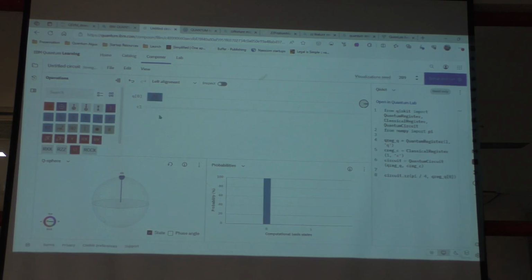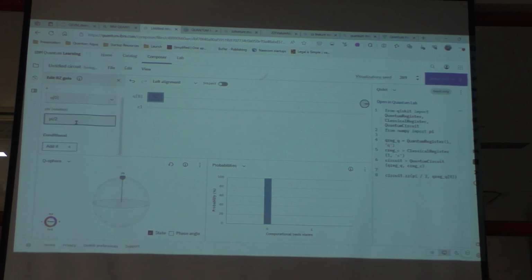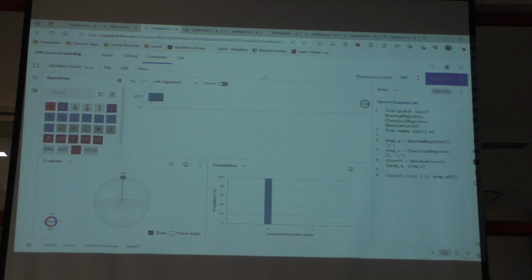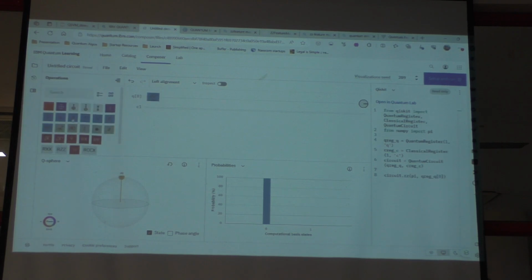So RC pi by 4. We can try to rotate it by pi by 2, and then let's rotate it by pi.